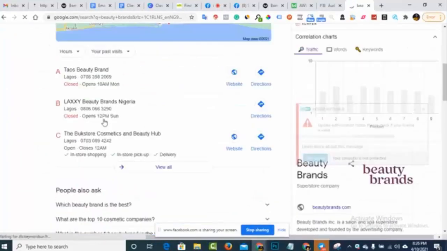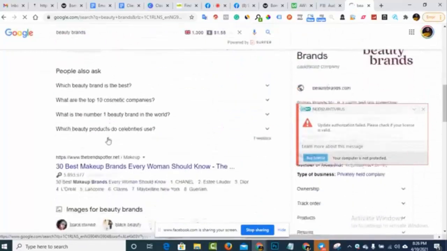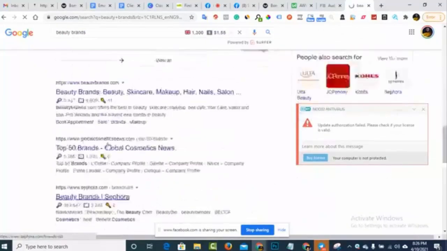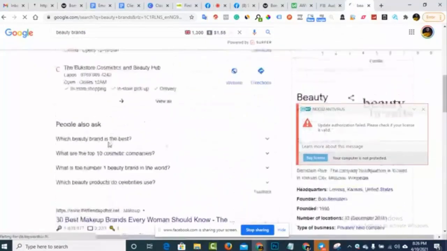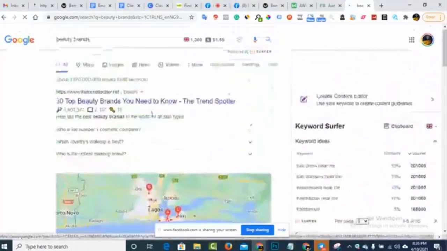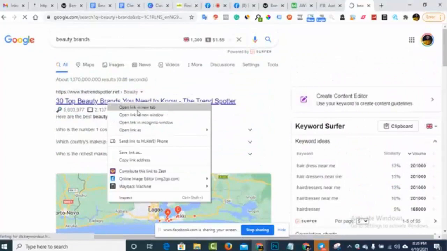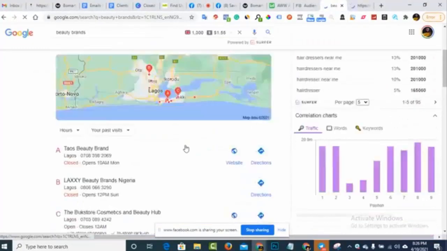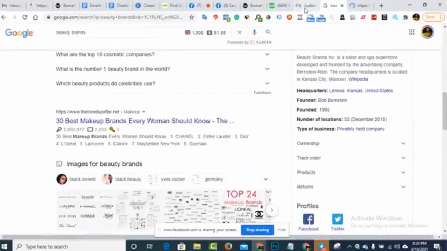Let's see. Okay, they didn't list them out the way the other one was listed out. Okay, let's try top 30 beauty brands you need to know. Let's see what they have there.